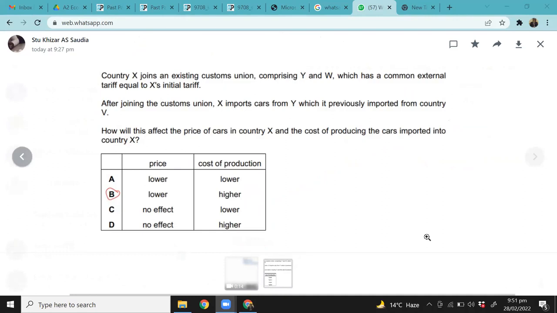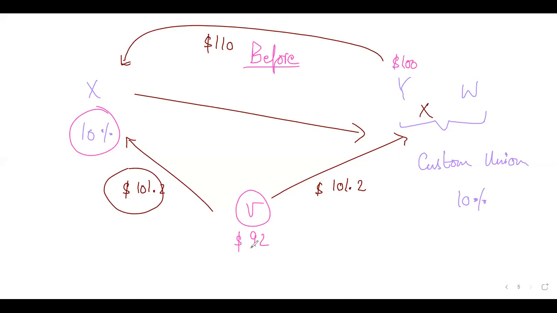And what about the cost of production? Students, what about the cost of production? Which of the two countries had lower cost of production, V or Y? So V had lower cost of production. So after joining, after becoming part of the custom union, the cost